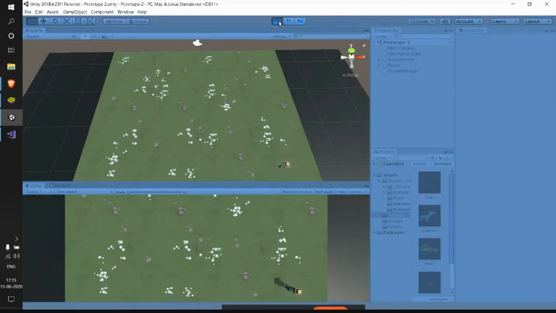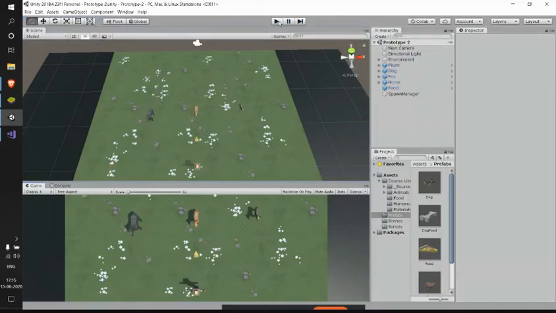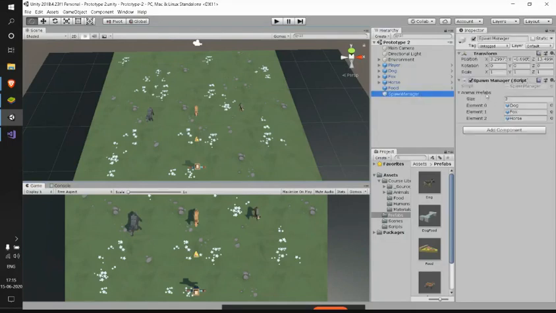So here we have our player able to do these things, and whenever we press S, we'll be able to spawn random animals. So our first target is to create these random animals at random timing. So not random, at a particular timing. So let's just get started. Let's go to our spawn manager again.